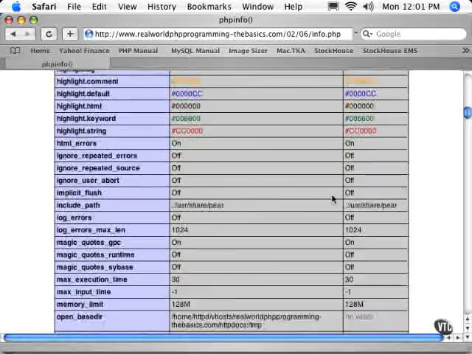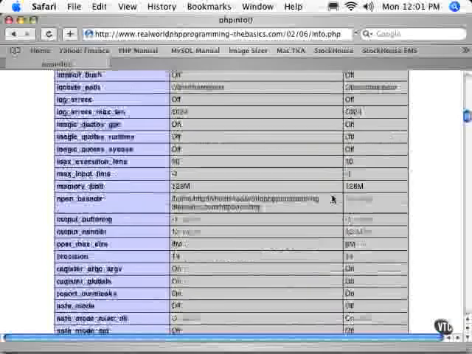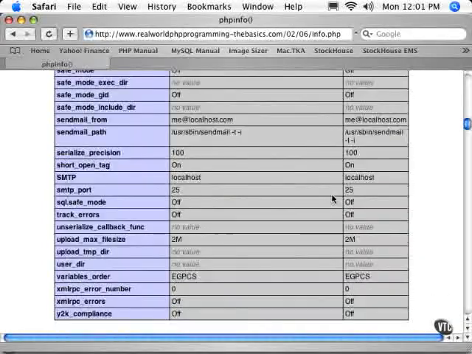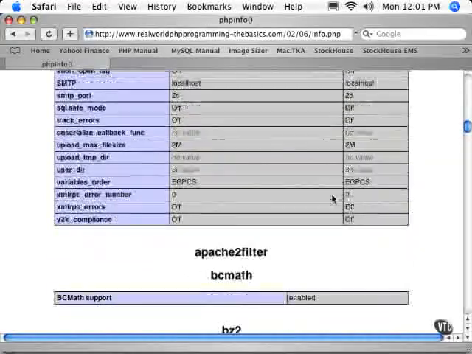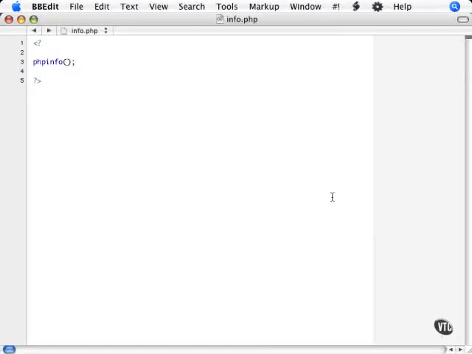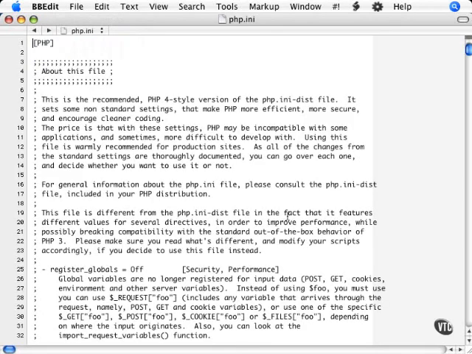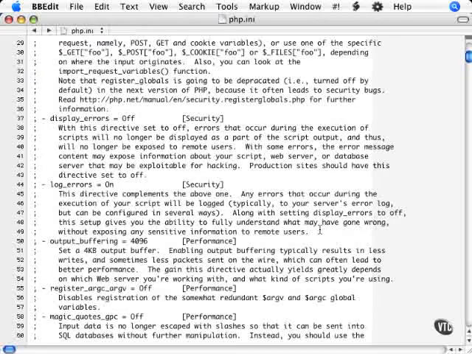Take some time to go through and familiarize yourself with the PHP info output, as it will come in handy later. Now, to finish off, I'll show you a quick peek at a typical PHP INI file. In this file, lines that are comments